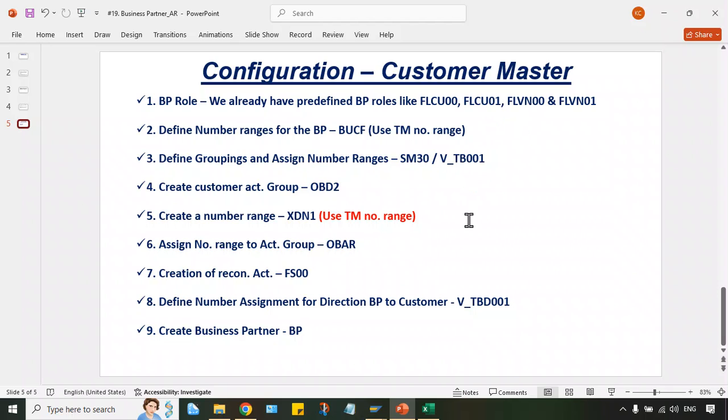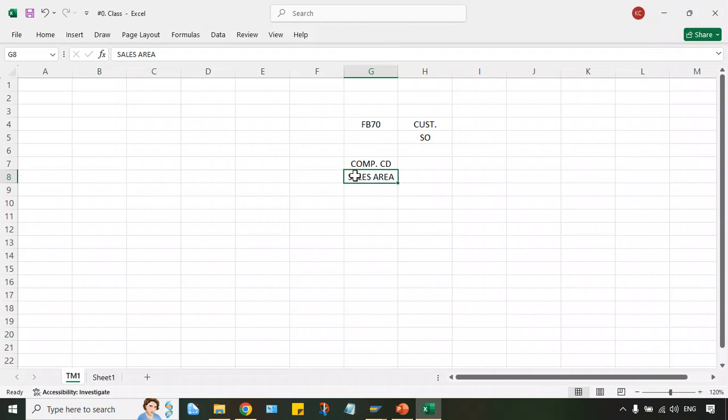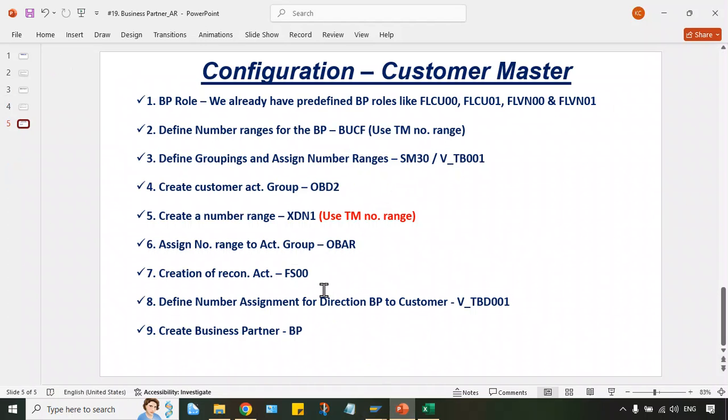So right now we'll have to create a customer for direct transaction posting by using FB70. And later on the FISD integration topic will be explained and there again the customer master will be extended, in the sense sales area data will be added. Okay. So right now no need to be confused.